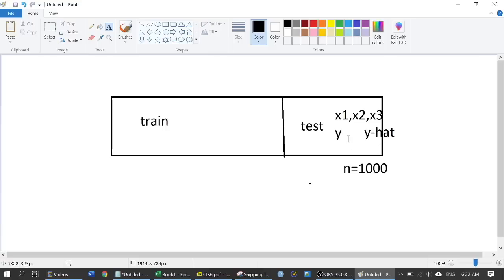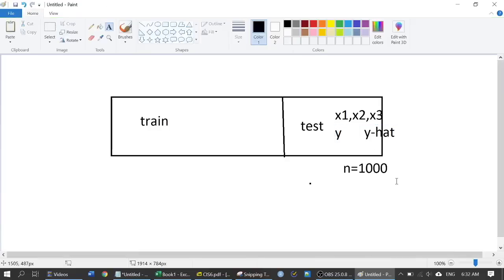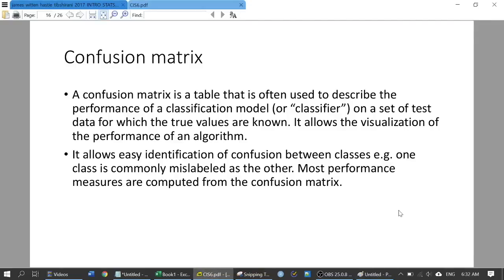If it is similar, then we can say that you have predicted correctly. If it is not similar, then it means that you have done a misclassification. Let's say y is default and y hat is non-default, so you have incorrectly classified this observation as non-default. We're going to see this more clearly in the lab session later, but basically this is what I want to say in this slide. The confusion matrix actually